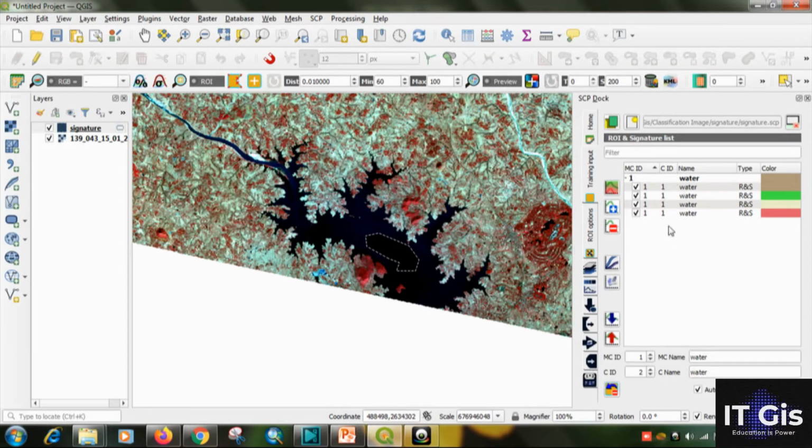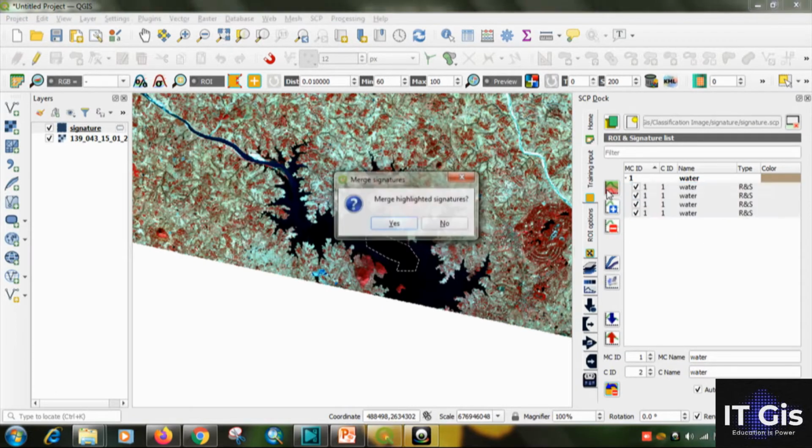Now we merge these four AOIs. So click on here, that is merge highlighted spectral signatures to obtain the average signature. When we click on here, it merges these four AOIs and gives the average value and creates another AOI, another feature. Now click on merge highlighted signature.